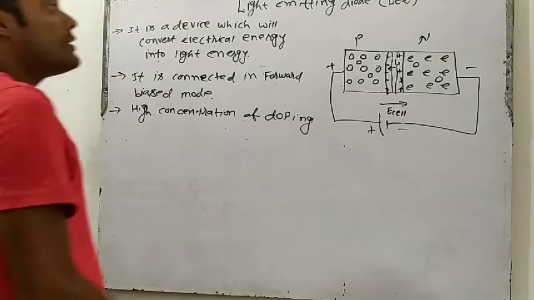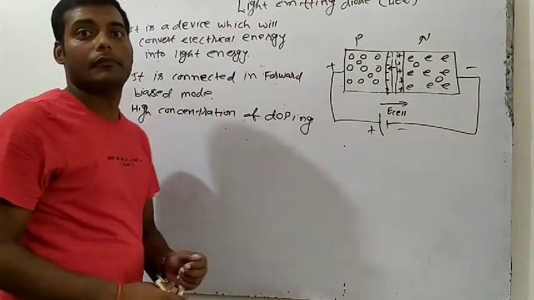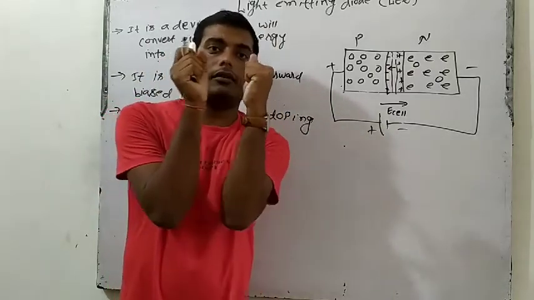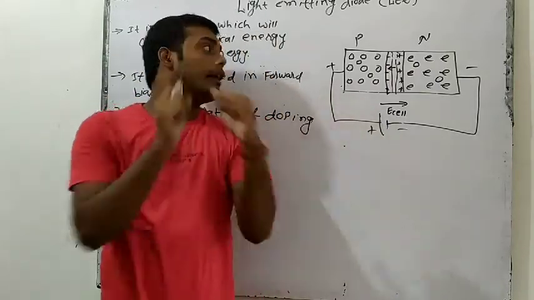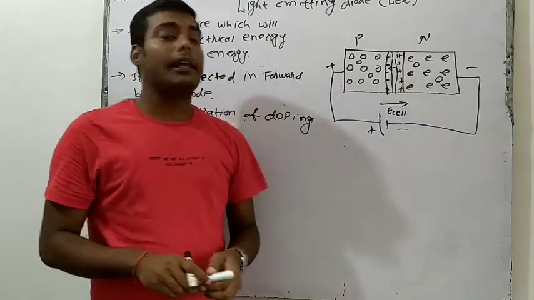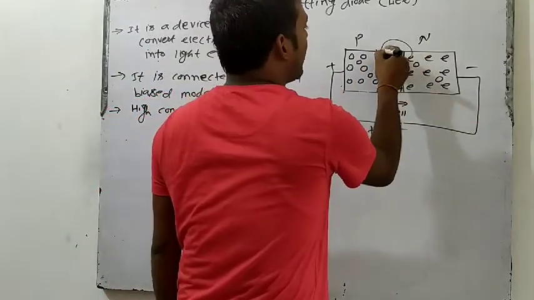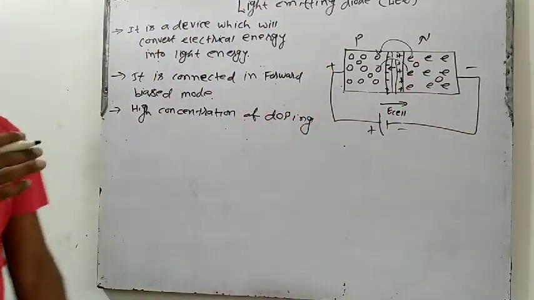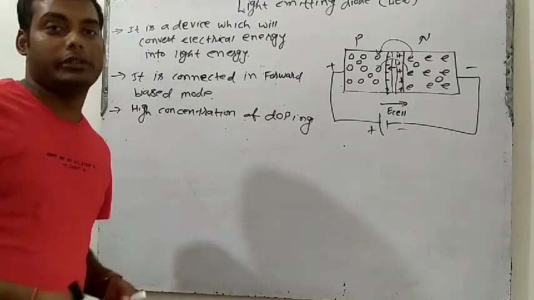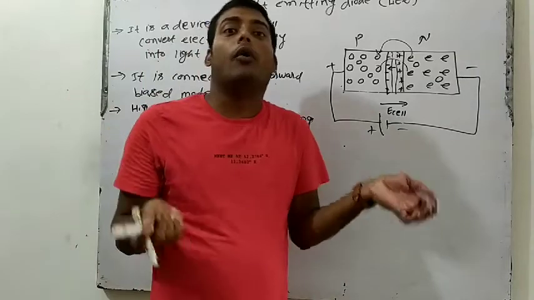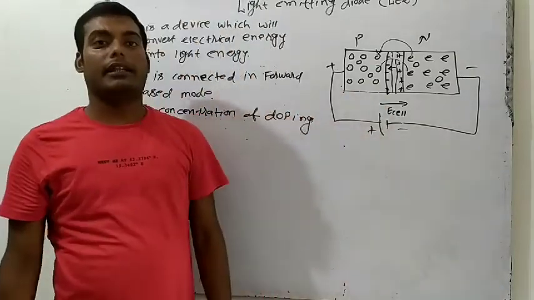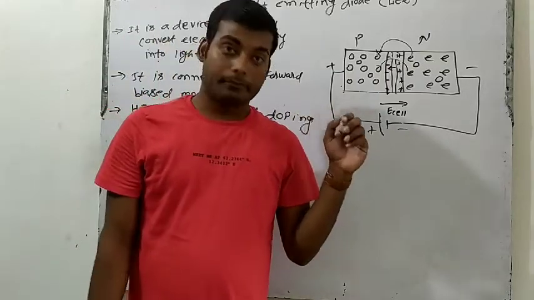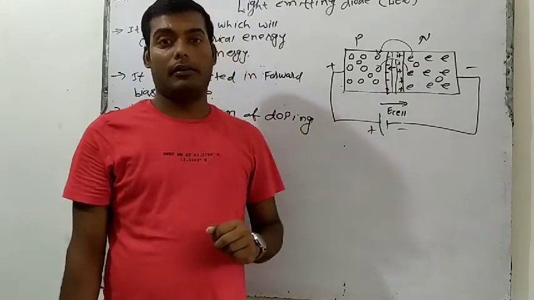That now the charged particle can easily jump. हमने क्या बोला था? If the depletion region width is very less, then what will happen? This charged particle can easily jump. So electron can jump here, and hole can jump in this side. So electron and hole will start recombining to each other. यहाँ क्या होगा? Electrons and holes will recombine with each other. And when electron and hole will recombine with each other, then it will become stable.